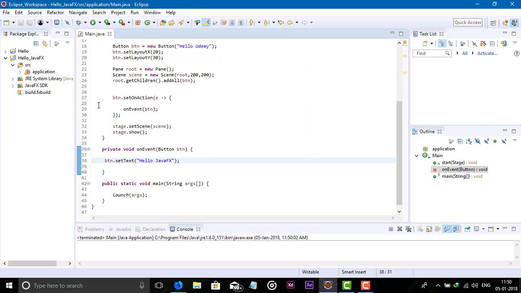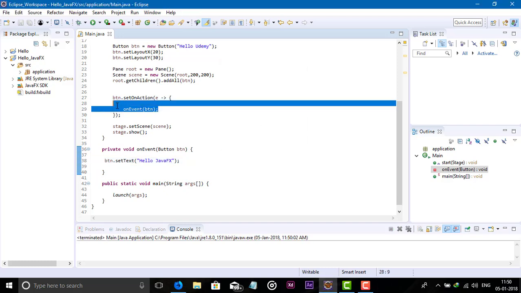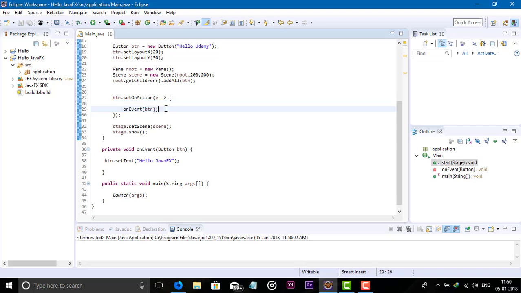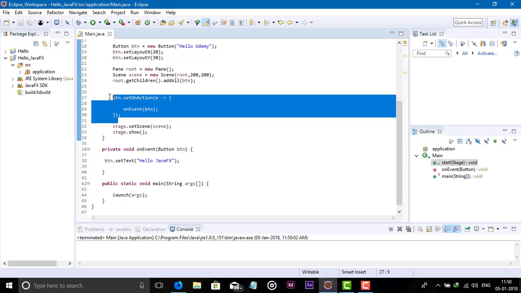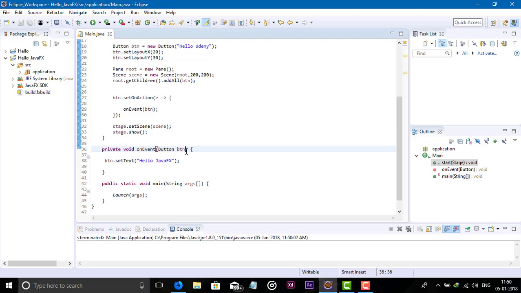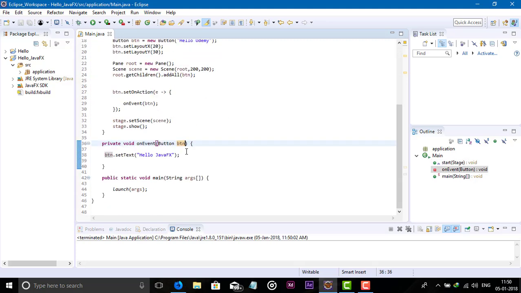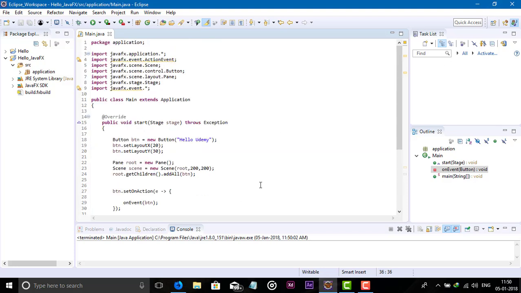So you can use the action in this, or you can give the class name of your user defined class, or you can perform the action using lambda expression. So this way you can use the lambda expression. This is more useful when we code a larger application or complex application. So this is more useful and easier.